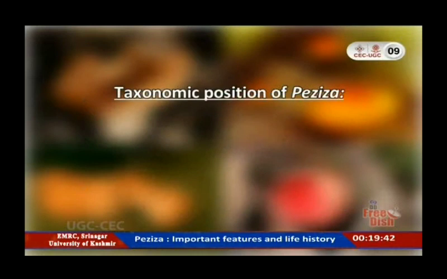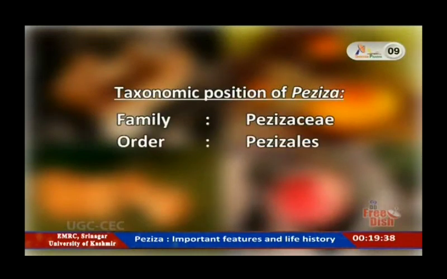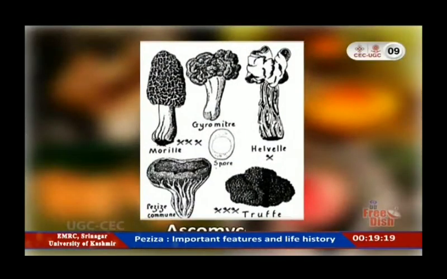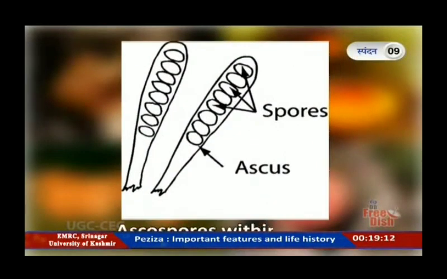Peziza, with over 100 species, belongs to family Pezizaceae, order Pezizales, class Ascomycetes, and division A, Mastigomycota. Division A, Mastigomycota, is characterized by having absorptive type of nutrition and absence of motile spores in its member species. Dear students, fungi in class Ascomycetes have septate hyphae and bear specialized spores called ascospores, produced endogenously in specialized sporangium,